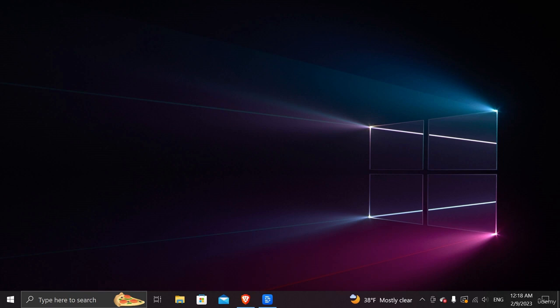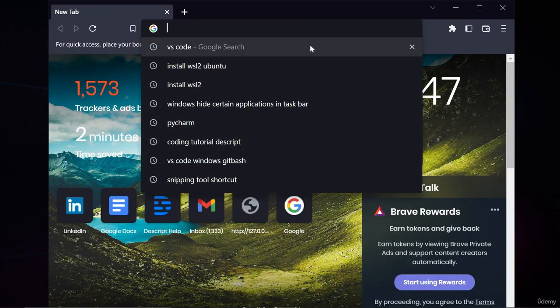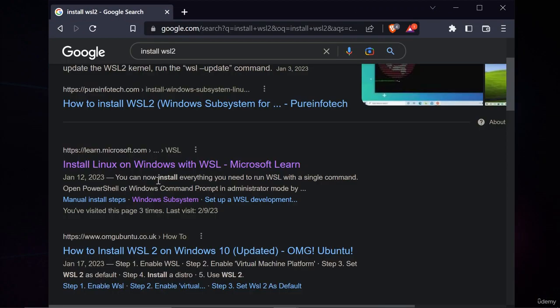So it's almost as though you have two operating systems on one machine that have sort of a shared drive. All right, let's go ahead and try to install the Windows subsystem for Linux. To get started, I'll open up a browser and Google install WSL2. One of the first search results should be an article by Microsoft.com with the official docs to install the WSL